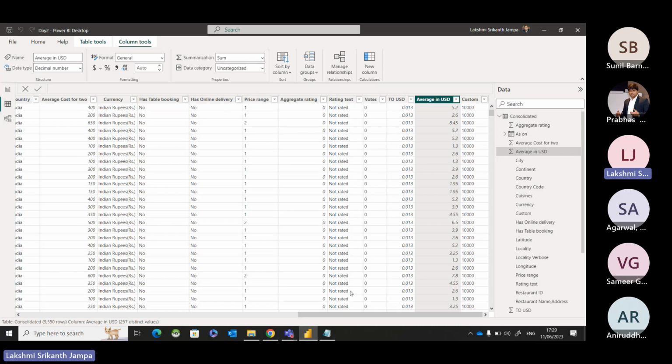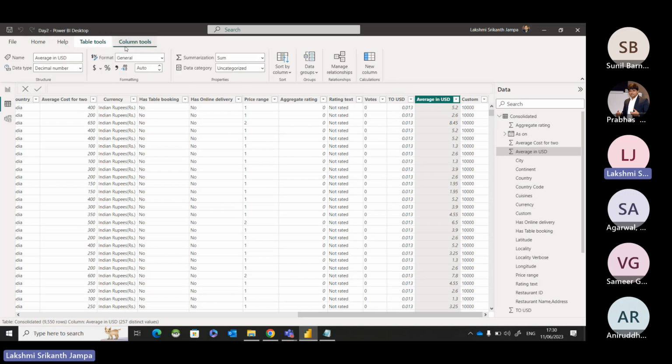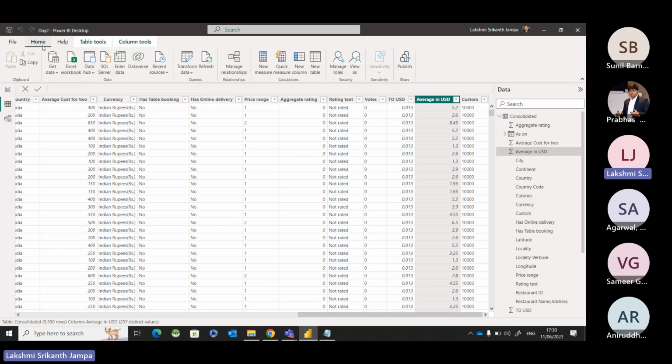Now here, there is no option where I'm looking at the sum of value, but using the calculated column, I can bring in the data in a new column here. You see what I'm going to do. I'm going to the data view. On the top, on the home tab,